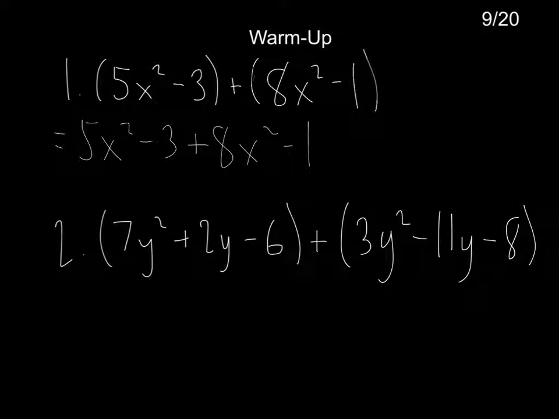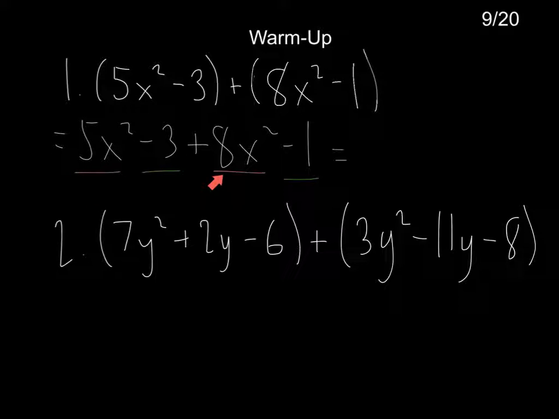How many x squareds are there? Well, there are 5x squareds here and 8x squareds there. And we have, for the constants, negative 3 here and negative 1 there. You guys can underline using multiple colors or whatever. I have colors. And then combining them all, we've got